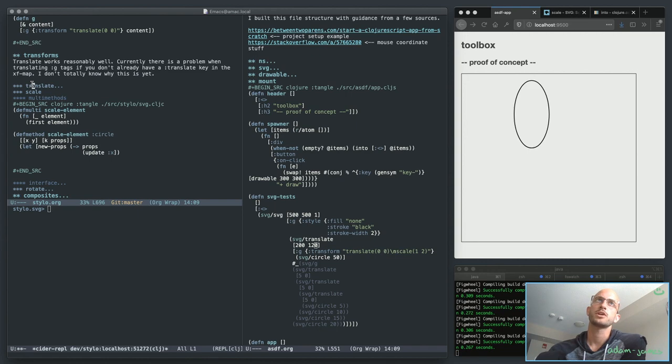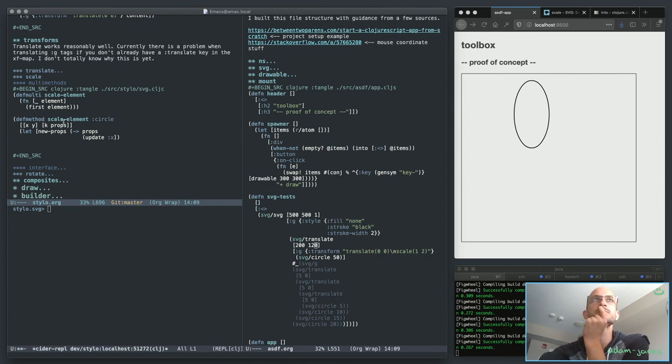So by that same logic, I should be able to scale by directly manipulating the values of the shapes. But the problem that arises there is here